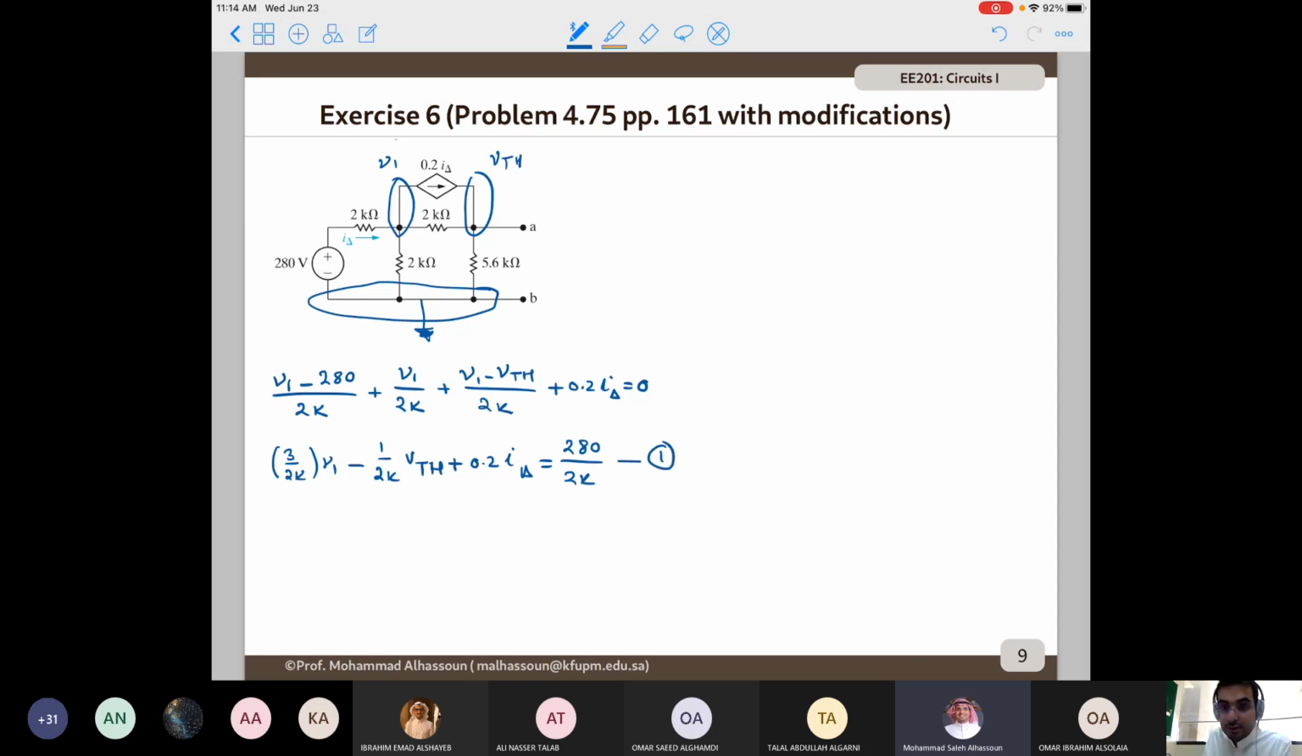Second equation, let's see. For V Thevenin, it is V Thevenin minus V1 over 2k, and minus 0.2 I delta. I delta equals 0, so if I simplify it,